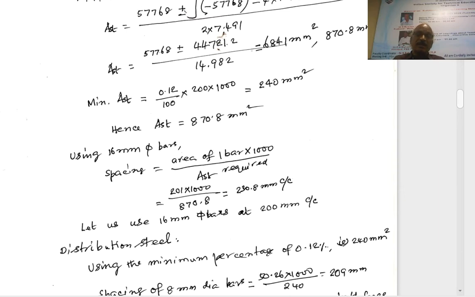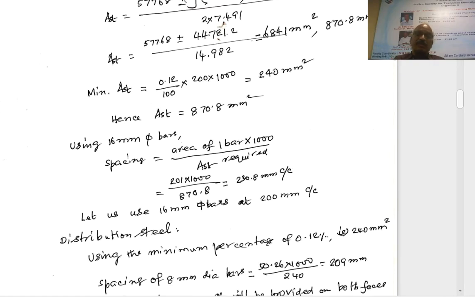Main reinforcement is of 16 mm diameter bars, 200 mm center to center. We are going to provide the steel in the horizontal direction because the slab is going to behave as a horizontal continuous slab in the horizontal direction. So in the cross section, the bars will look like dots or circles, right?